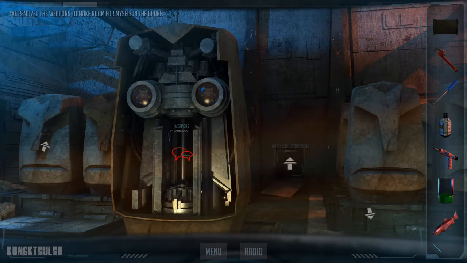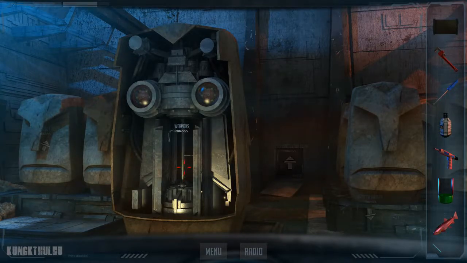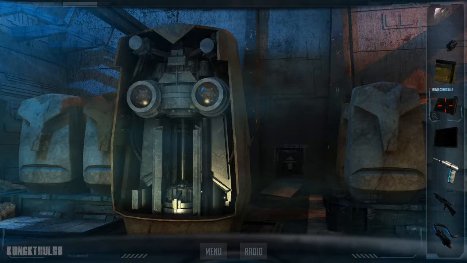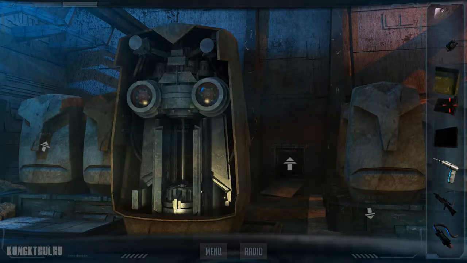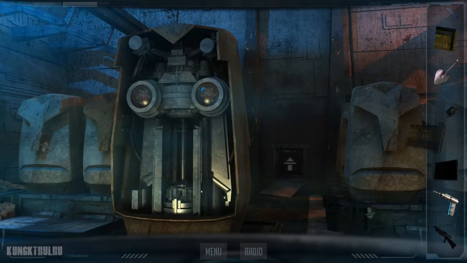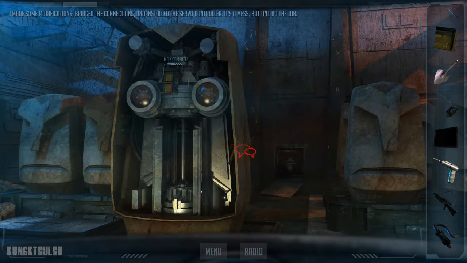I've removed the weapons to make room for myself in the drone. I made some modifications, bridged the connections, and installed the servo controller.